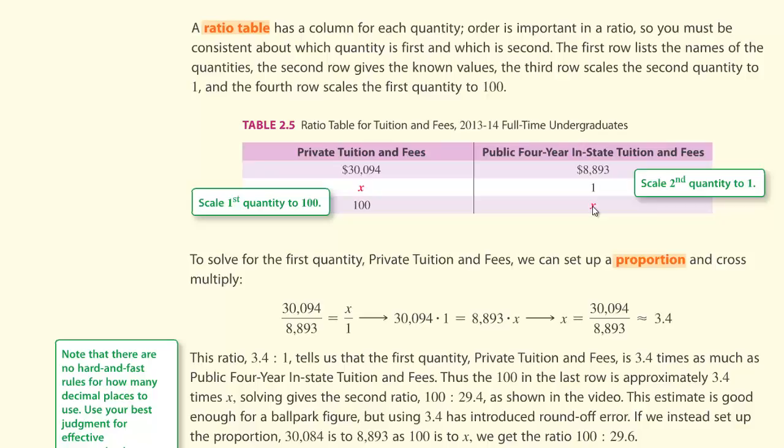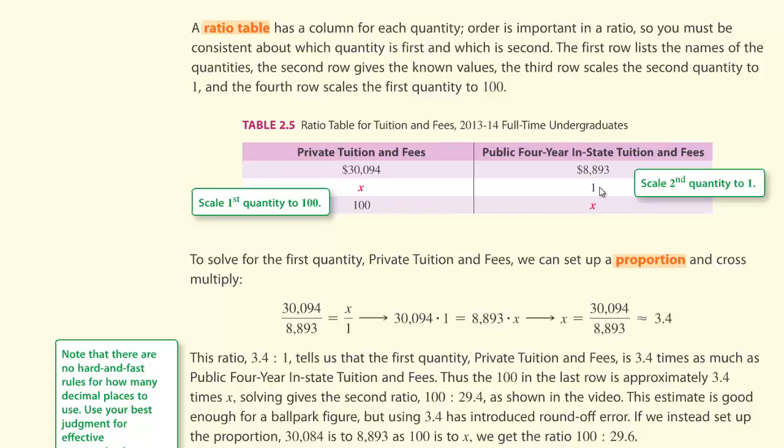Now, you don't always have to do this. You don't always have to make the second one 1 or the first one 100. That's just what they're asking for, and it's what this book tends to do. But we could easily trade places with these two things, and then the other one is 1 and the other one is 100. The bottom line is, usually when you're doing this, you tend to let the larger number be 100 and the